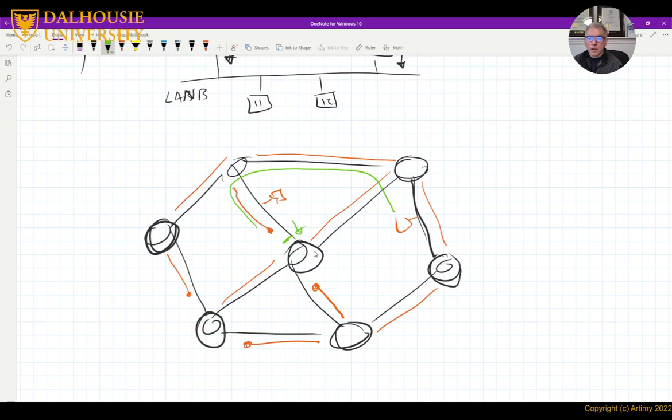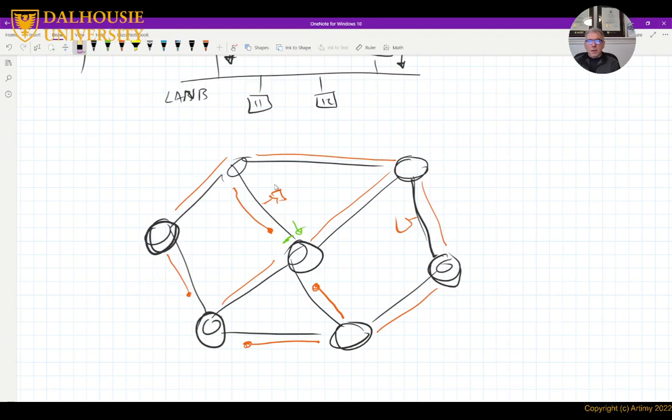These ports on the bridge, they don't participate. They don't receive any packets. That's why I put this red circle here, right? So the red circle represents ports that are blocked on the bridges. If the bridge has a port that's blocked, physically it's still active, but it doesn't receive any packets. So now there is no situation where the bridge receives a packet from two places at once. You will see here that this situation never happens.